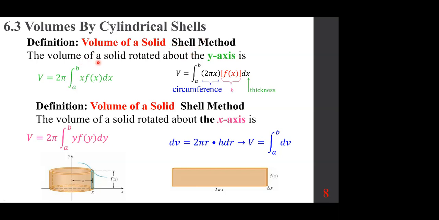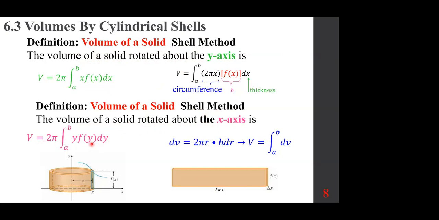The volume of a solid rotated about the y-axis uses this formula. This is the formula that is used by the text, 2 pi x f of x dx. 2 pi x is the circumference, f of x is the height, dx is the thickness, this is a dv. And the volume of a solid rotated about the x-axis